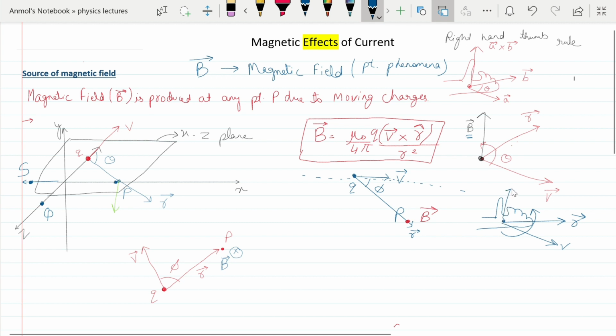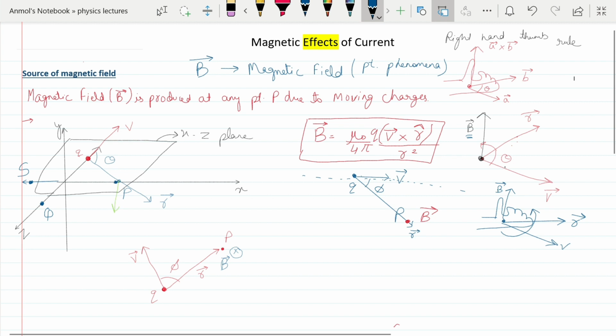So in this case, as you can see, the magnetic field will be upward. As can be seen, the magnetic field is perpendicular to R as well as mutually perpendicular to v also. This is possible whenever the magnetic field is out of the plane. So the magnetic field will always be orthogonal in nature. That means, the plane which contains vectors v and R, the magnetic field will be perpendicular to this.